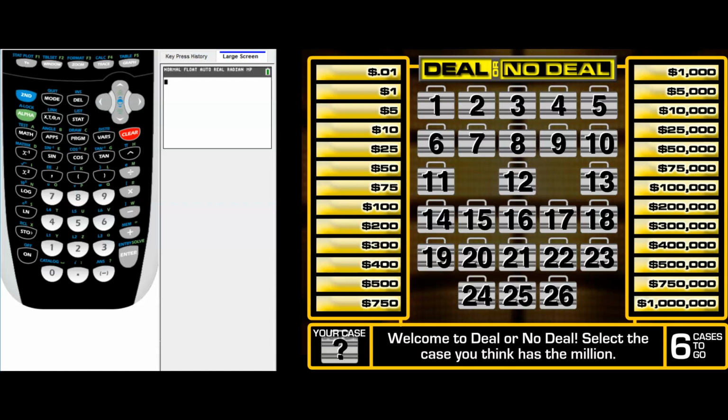A contestant begins playing by choosing their case, which gets set aside for the duration of the game, and then the contestant needs to eliminate so many other cases on their way to a checkpoint. At which time a banker comes on and gives an offer that the contestant can either say deal or no deal to. And you can imagine that the offers are sometimes higher or sometimes lower depending on what dollar amounts are eliminated in getting to that checkpoint.